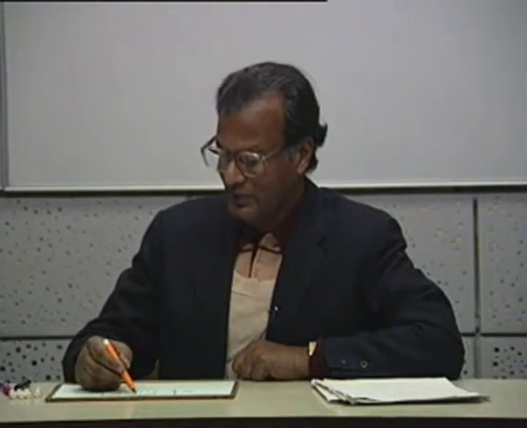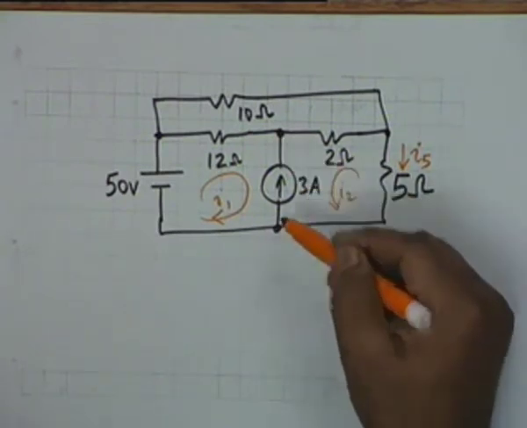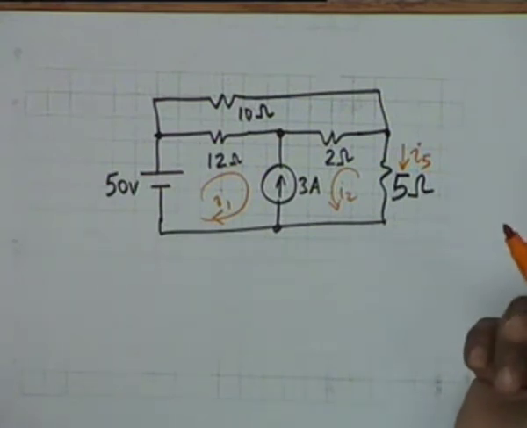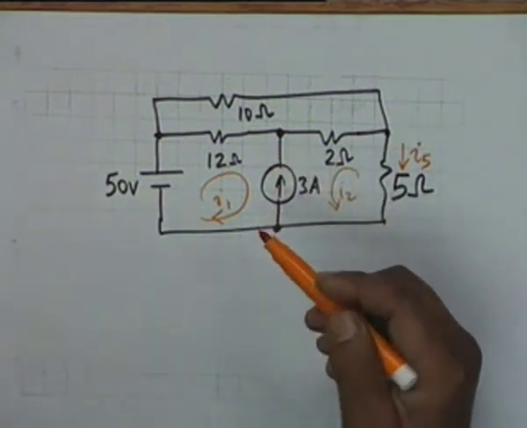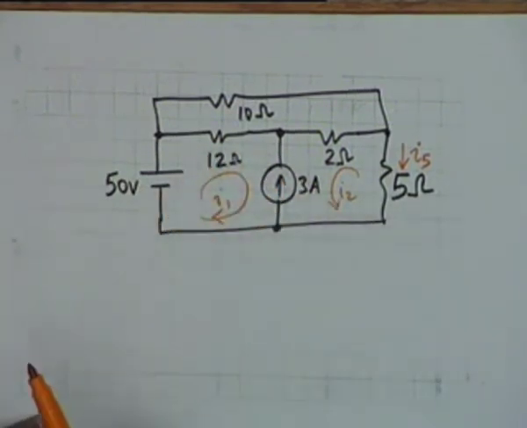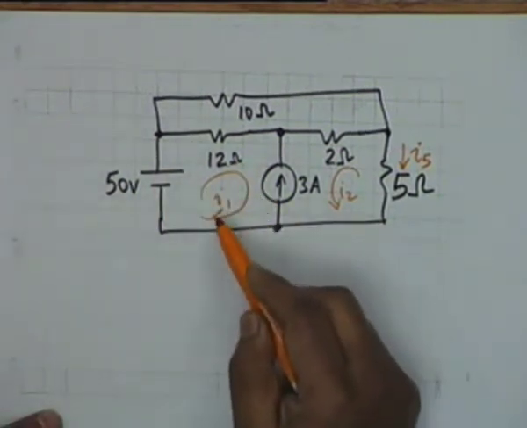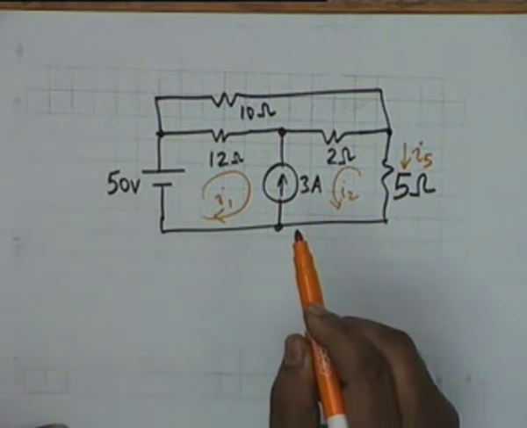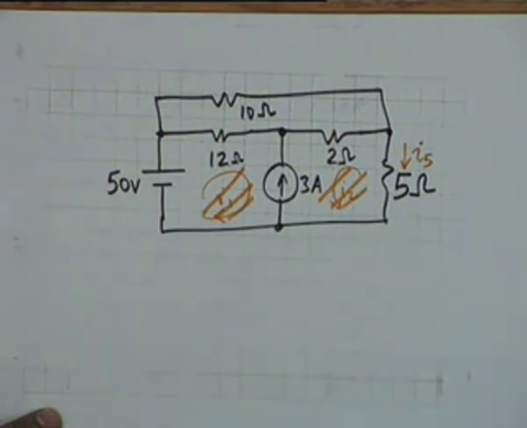However, do you know the voltage difference across this? You don't. You don't know the voltage across the 3 ampere source, because a current generator can deliver a constant current irrespective of the drop across this, and the drop across this cannot be determined by simply looking at the current generator, and therefore you cannot write a loop equation, you cannot write a KVL around this loop. Is the problem clear? You cannot write a KVL around this loop, and therefore the better strategy is that you do not formulate loops. What you do is you formulate branch currents. Then you will see how simple the problem becomes.